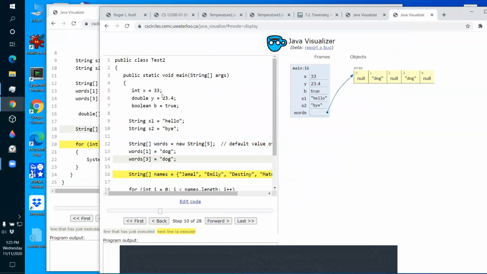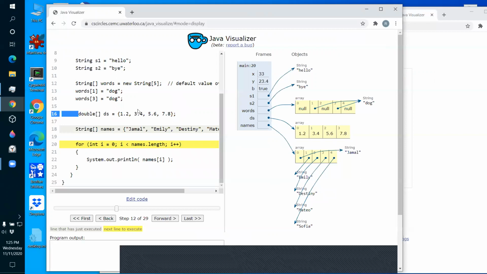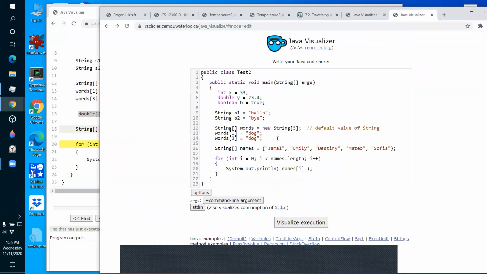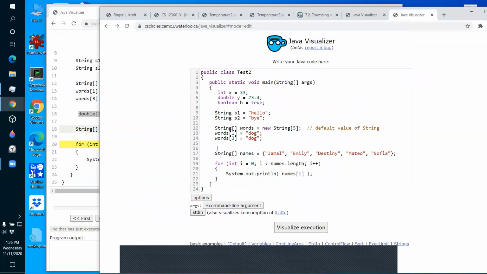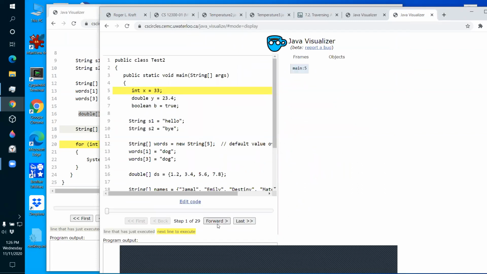If I go over here and do the same thing with the visualizer set up the other way, now if I visualize this, the picture won't look as messy, but it's a little bit wrong.